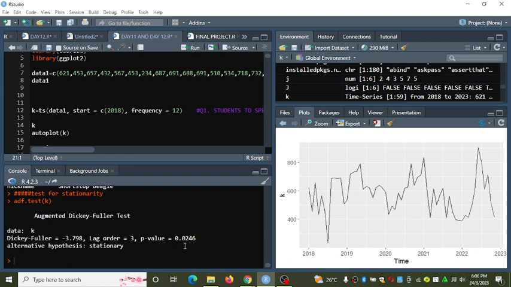Our alpha is 0.05, the default the computer uses for this test. So this point is less than 0.05, so we reject the null hypothesis and conclude that our data is stationary. Are we together up to that point?